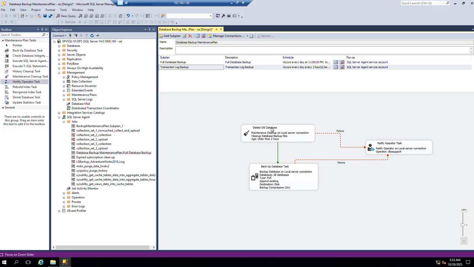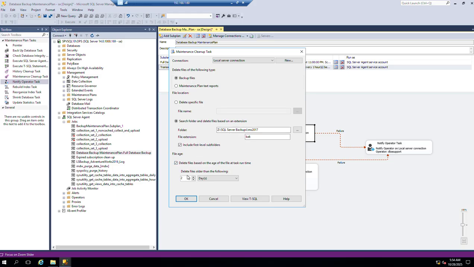In this section that says delete old database backups, I'll change it to all transaction log backups. Then I'll double click it, and I'll also save that for 2 days,